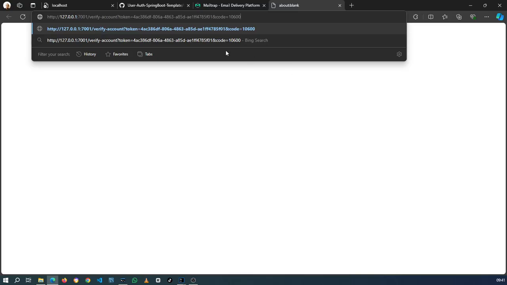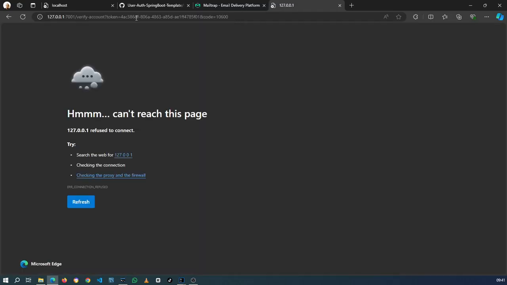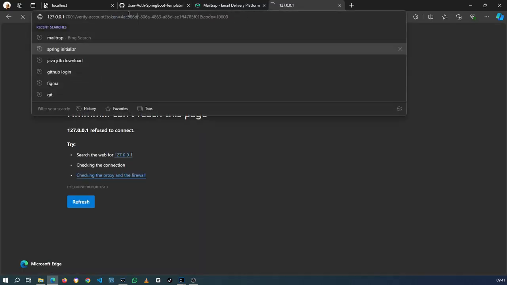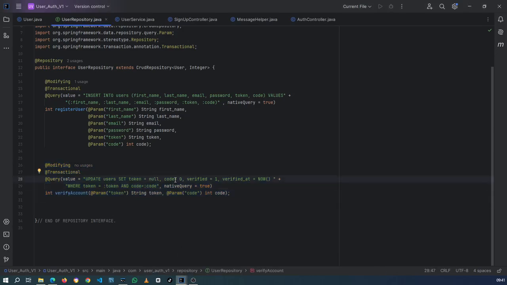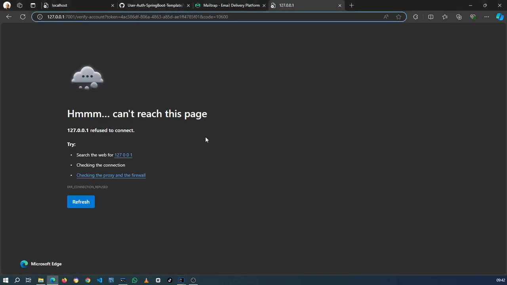Right, so remember, when this user gets to this URL, we need to do a verification to see if this unique code still exists, and if this token string and this code still exist within the database. So remember, with this method, we're going to set it to null, and then set the code to 0. Which means that when the application checks, we need to redirect the user to an error page or something like that, because you don't want the user to keep clicking this URL